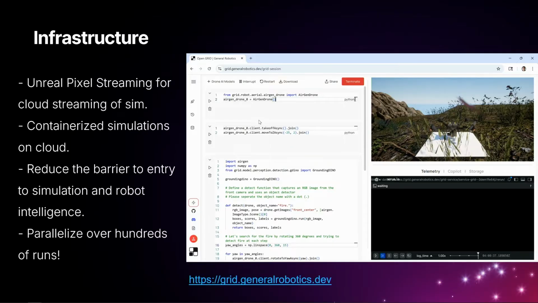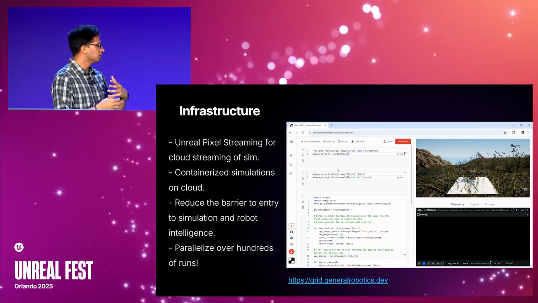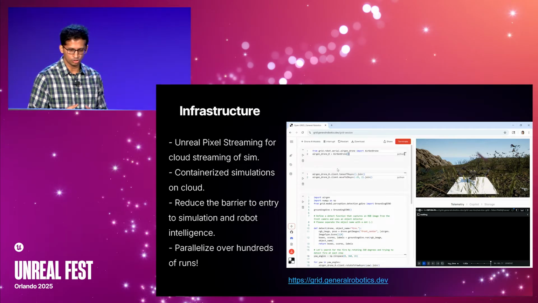But this is actually where we found, for example, Unreal Pixel Streaming to be super useful, because now you can take something like that and abstract away all the complexity of accessing a sim. So you don't even need a GPU. You can literally be sitting on a MacBook, and if you can stream a simulation from these remote sources, then pretty much anyone can access simulation. Anyone can and should be able to do all the things that I just talked about.